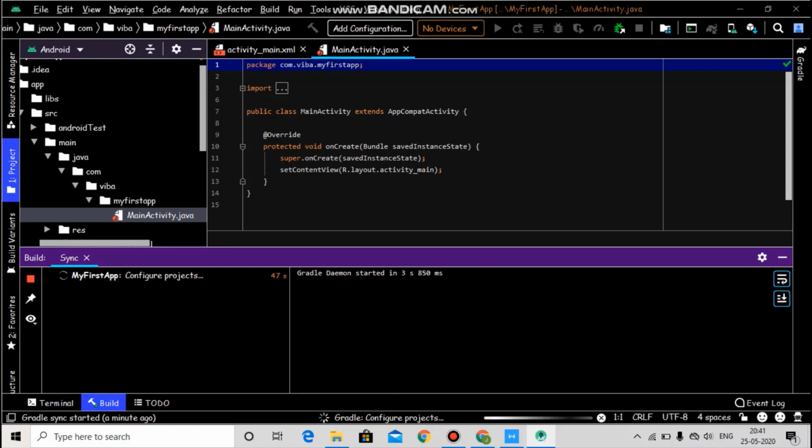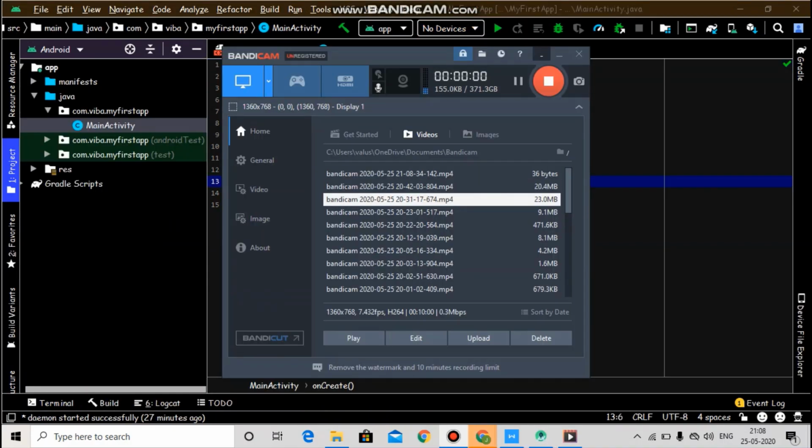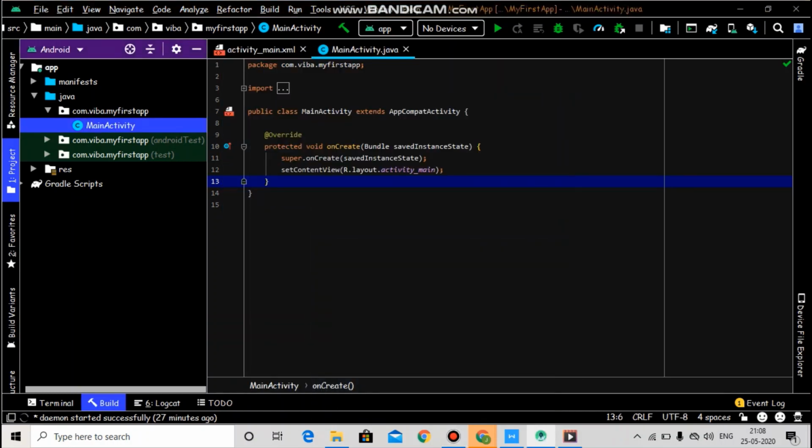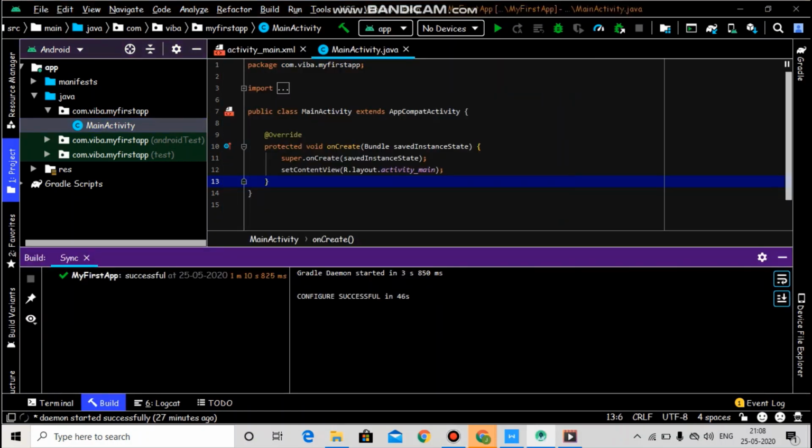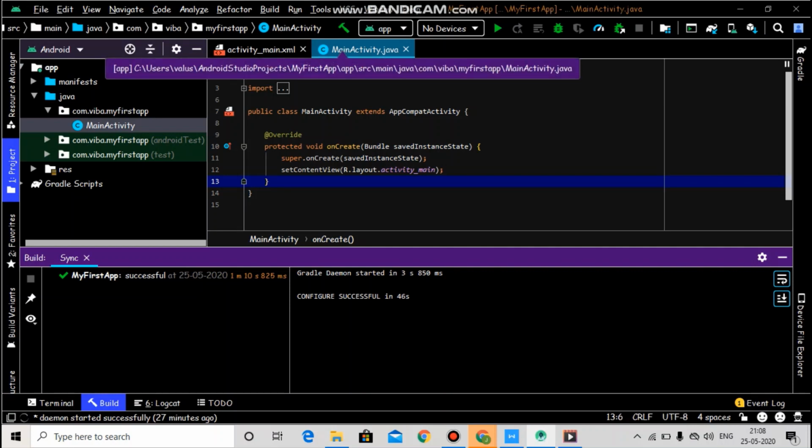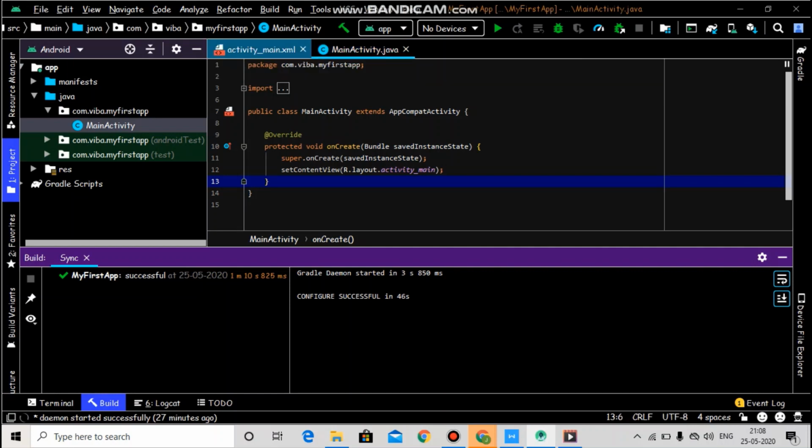It takes a few minutes to build the Gradle. You can just wait patiently for building. The Gradle build is successful. You can see two files opened here. One is activity_main.xml and the other is MainActivity.java. These are the two files which will open whenever you start a new project.